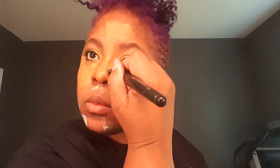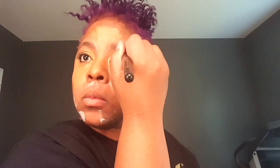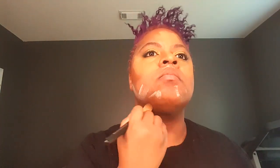And remember, everybody's contour is not the same. So don't look at me and think that your contour line is going to be the same as mine. It's not. It's just according to your face. And I'm contouring my nose now, doing the same thing. Everybody's nose is not the same length, so you don't contour the same. My nose is kind of short, so I would bring my contour and my highlight line all the way down